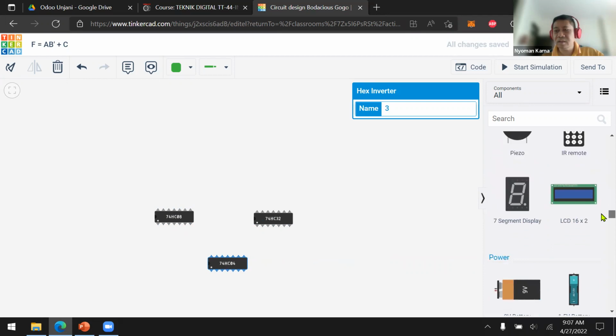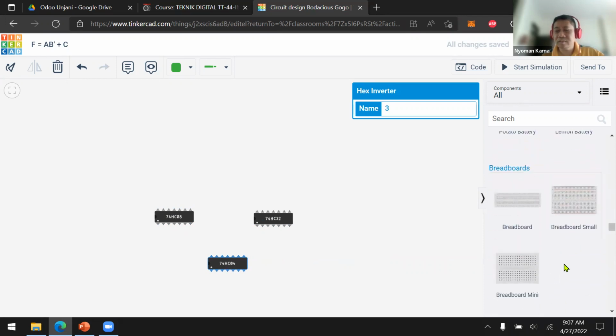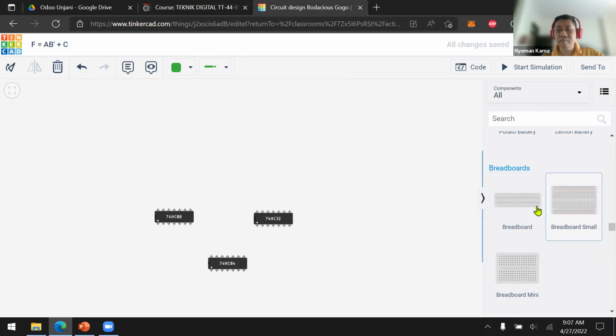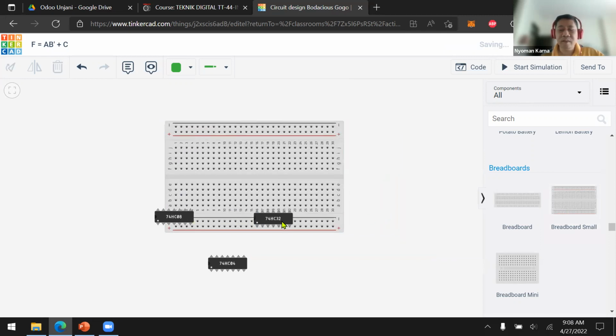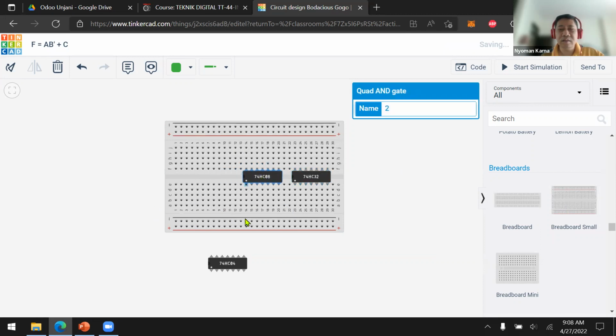Where is the, oh, there is. Okay. This is the OR gate. And this is the AND gate. And this is the inverter.